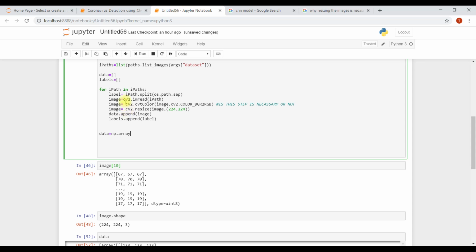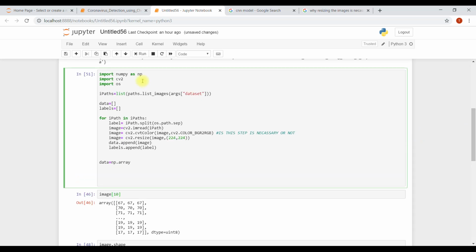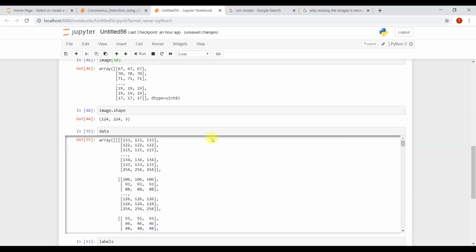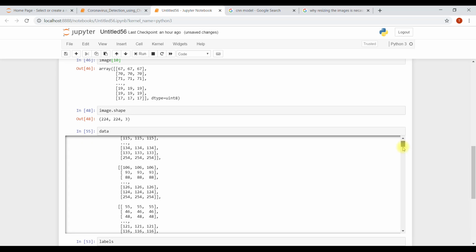Mathematical calculations like this are done using the numpy library. So numpy array of data. We need to divide everything by 255 because the maximum pixel value of any image is 255. The minimum is 0, or sometimes 1, I don't know, so from 0 to 255.